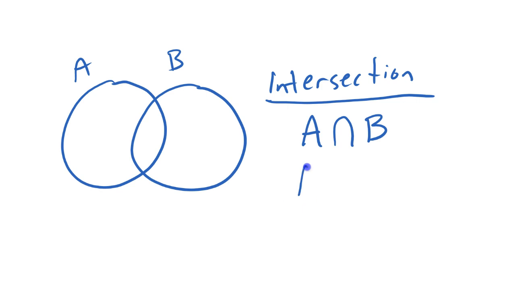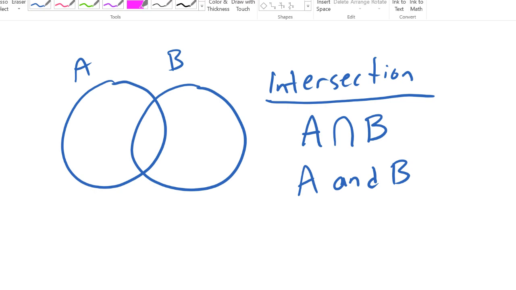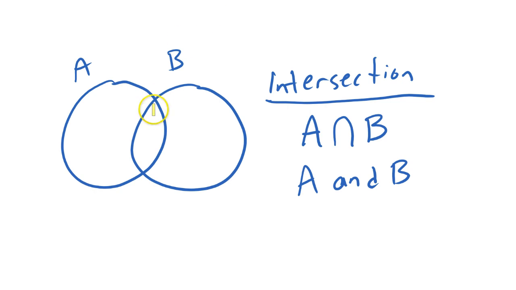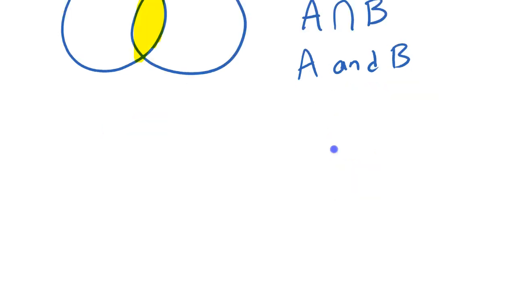Or sometimes they will use words and say A and B. Either way, it means the overlap between these two sets. So the intersection of A and B would be this part that I just colored in yellow. Now, on the other hand,